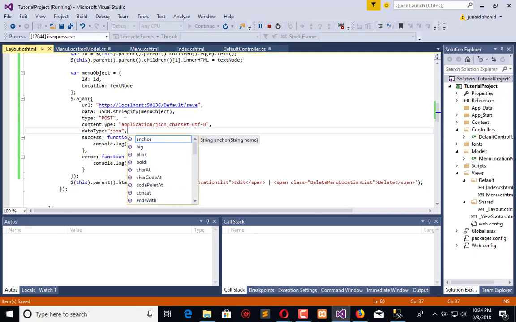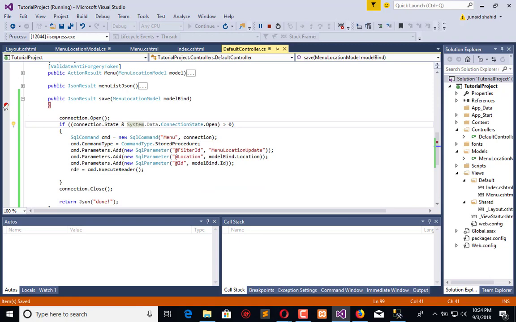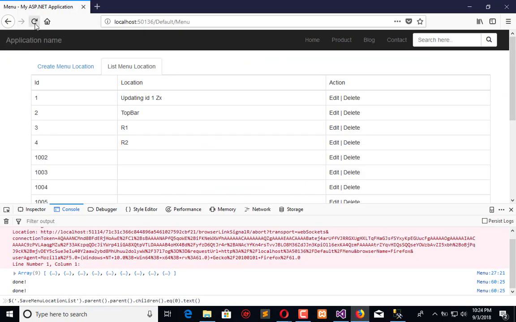So that's JSON. Let's see, use the debugger again, refresh the application,